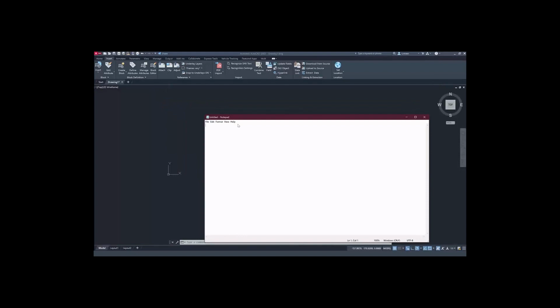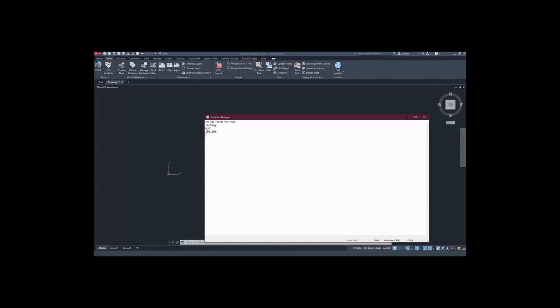If I wanted to create a rectangle, I would put in my command rectang, and then 0, 0, and in this case I'm using coordinates. If I want it to be 100 by 100, I'm going to make my next point 100 on the X and the Y. And then you always have to leave one blank line at the end,